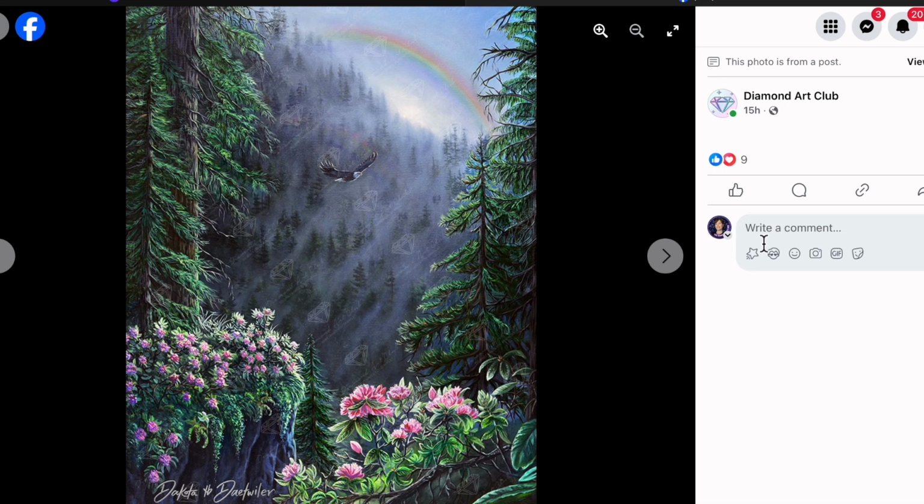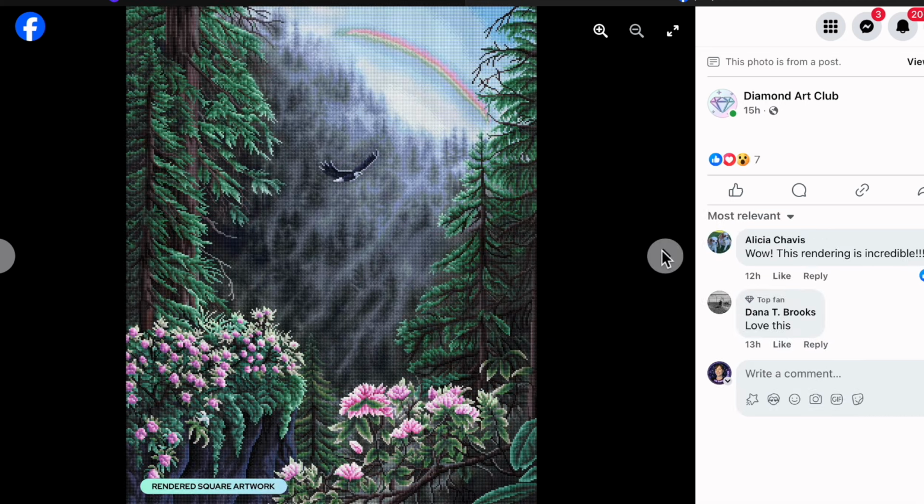Here is that original artwork there. Absolutely beautiful. Lots of pops of pink. We've got that beautiful eagle soaring in the background there, and then the rainbow up in the sky. There is that rendering. Definitely, you can see the pops of color in the rendering. Now, when I think of special diamonds, I think of very bright areas. I don't see a lot of bright areas in this painting,